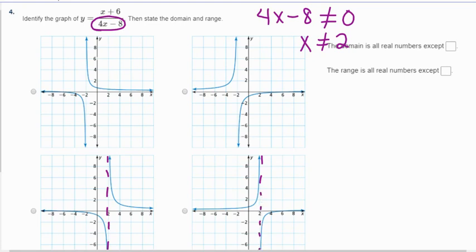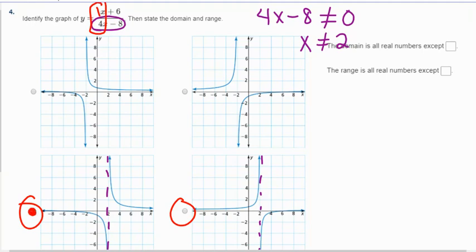Okay, and then the difference that I noticed between these two graphs is that this graph is aligned in the positive quadrants, right? We have positive and positive, whereas this graph is aligned in the negative quadrants. And if I look at the leading coefficient of my functions right here, 1 over 4, right? This is positive. So I'm going to select this graph,